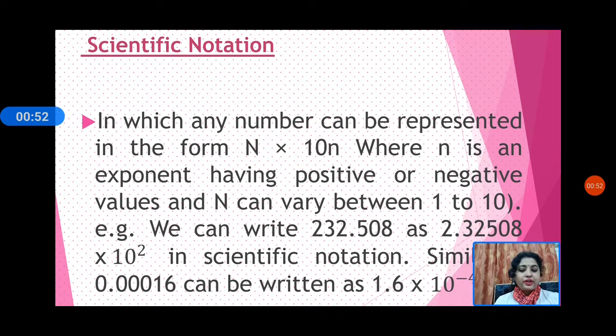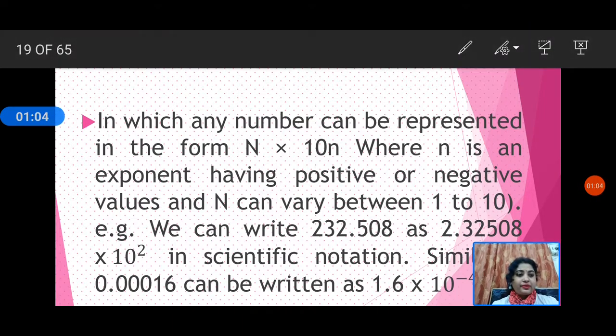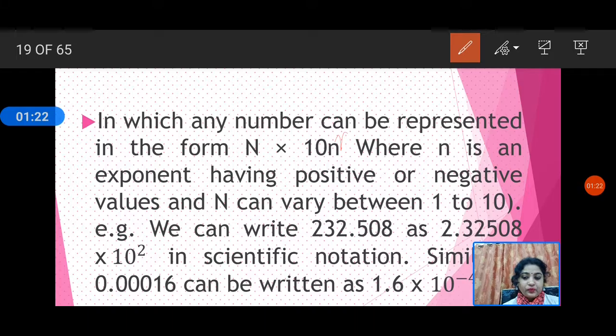Let's see what is scientific notation, or you can also say exponential. In scientific notation, a number is expressed in the form N into 10 to the power n. This n will be on the top of the 10, where small n is always a whole number. It is called exponent, and capital N is called digit term. The significant figures come before the exponent. The exponential term small n is not considered for calculating the significant figures.